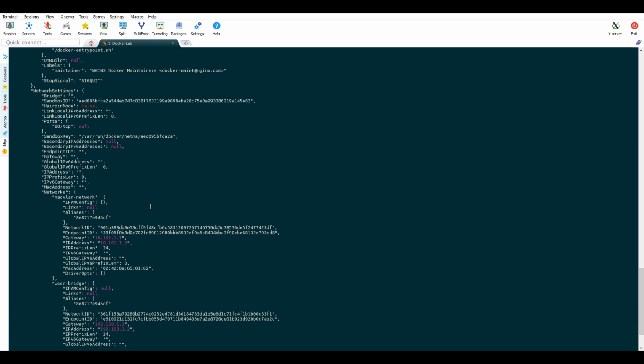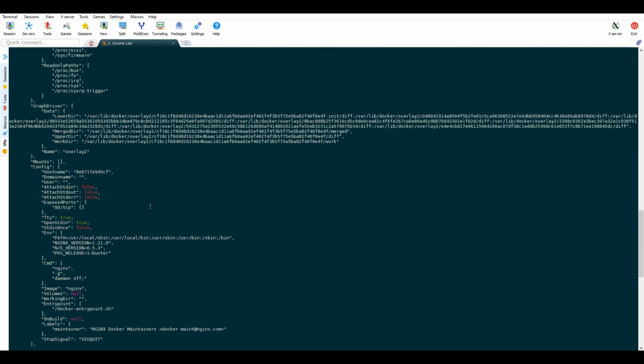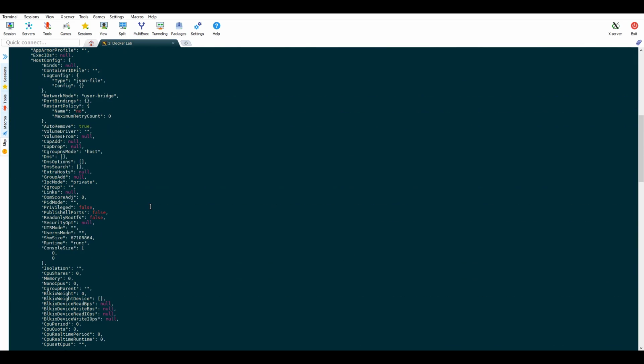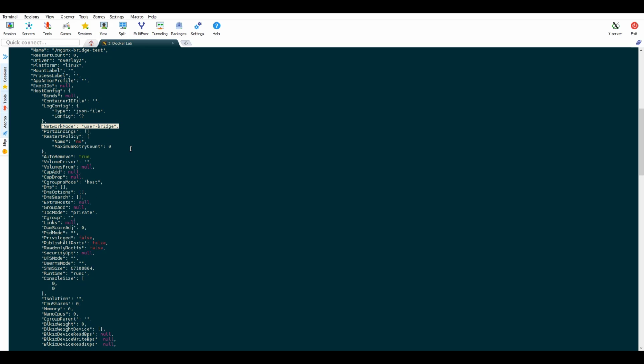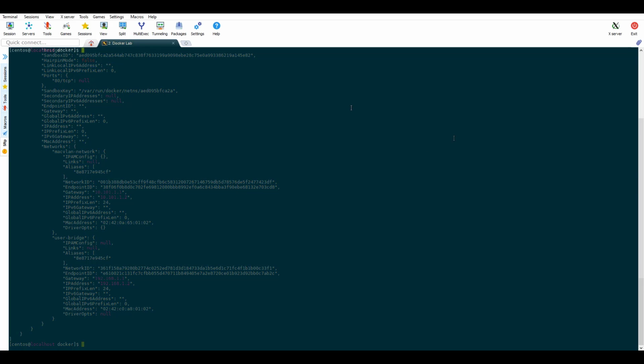If we scroll up to check the network that is now set as default, we will see that the user bridge network is set as default. This can only be changed if we are recreating the container.